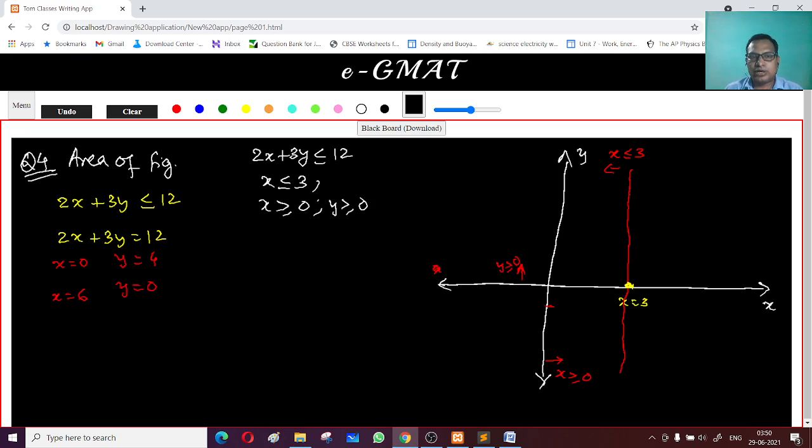Okay, so now I got the 2 points, right? These points are 0 comma 4 and 6 comma 0. Let me mark this point over here, 6 comma 0, and 0 comma 4, over here, 0 comma 4. And now let me connect them, right? So if I connect them,